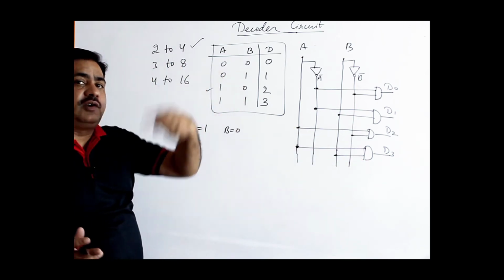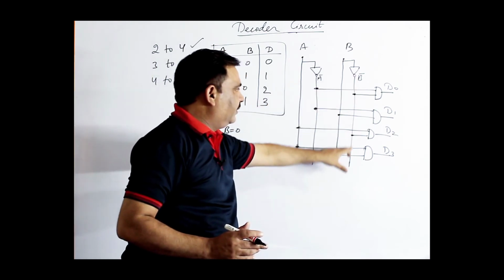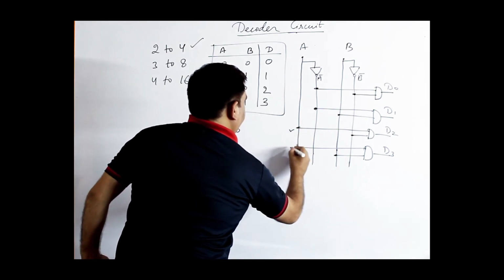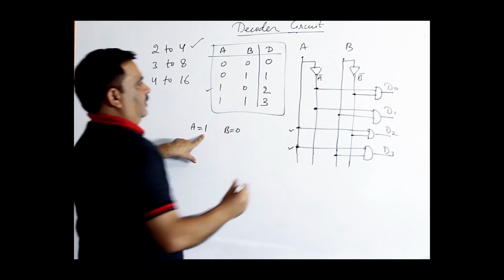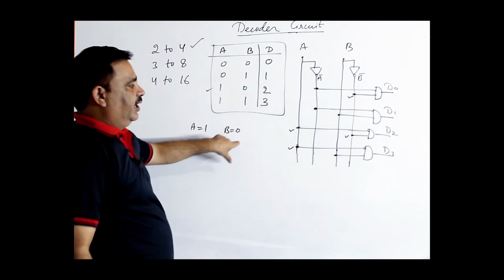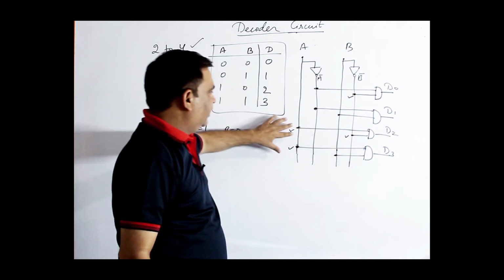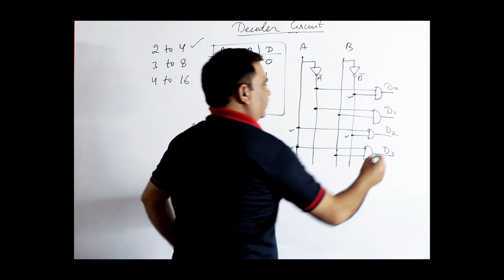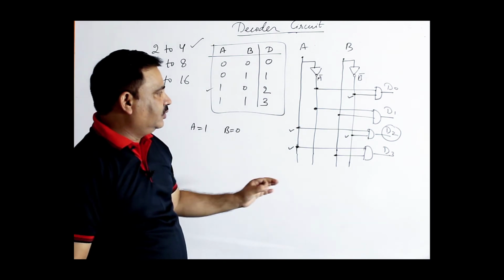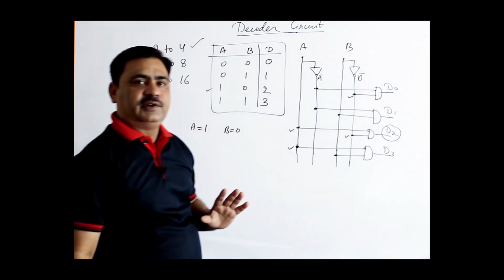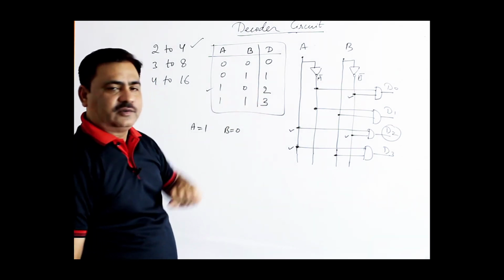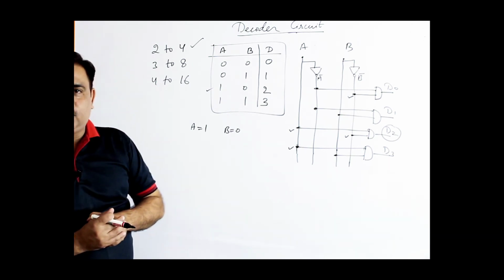But if B is 0, then B complement will be 1, which means the signal will be here, or this. I am pointing out the points. This one is for A is 1, and for B is 0, then B complement will be 1. B complement is 1 at these 2 points. So here you can see for this AND gate, both of the 2 inputs are 1, then the D2 designation will be there. Whose designation is D2? That gate is on and will produce the output 1. So 1 0 input gives 2 as the output. So this is about the decoder circuit.